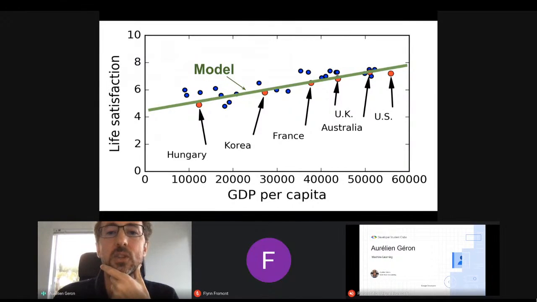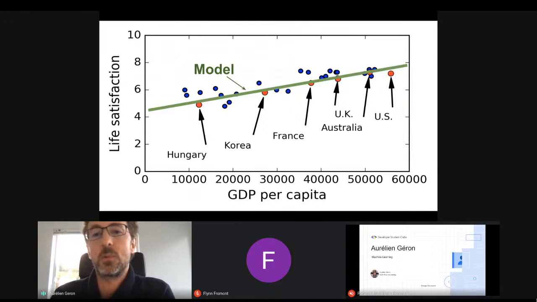But looking at the trend, you can do a little bit better and say, okay, it looks like there's a linear trend here. So let's model the whole data. Let's simplify it to a single straight line. And let's try to put this line right in the middle of all these points so that it's as close as can be to all the points. And that's our model. It's our simplified view of the data. The data is noisy, so we'll simplify it and make it linear, because that's what it looks like.